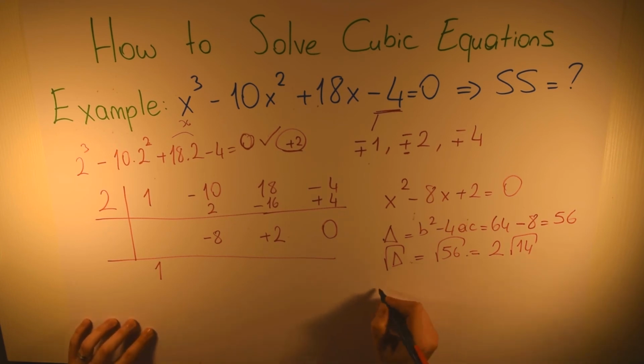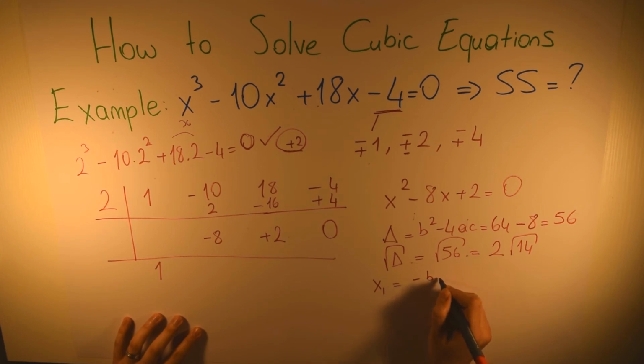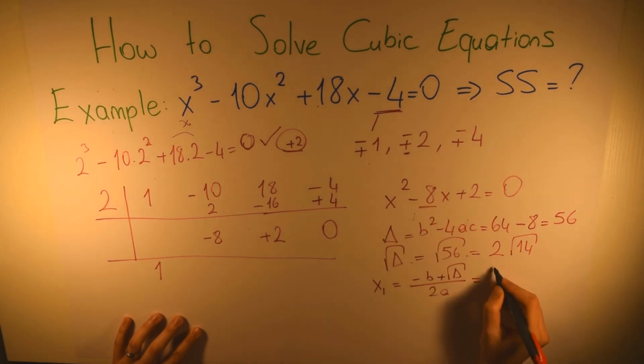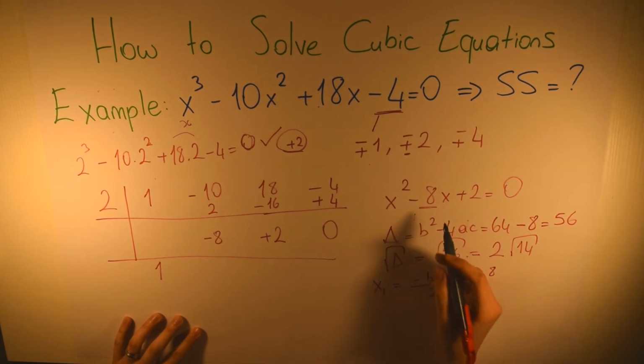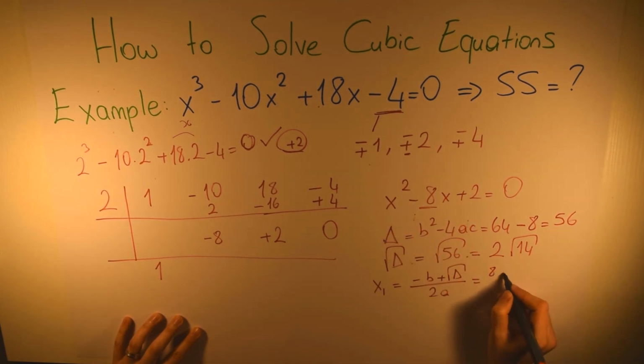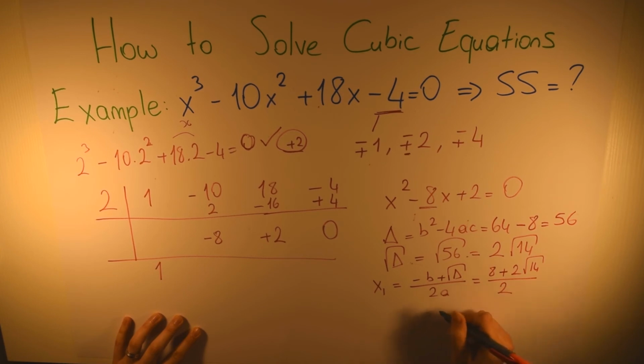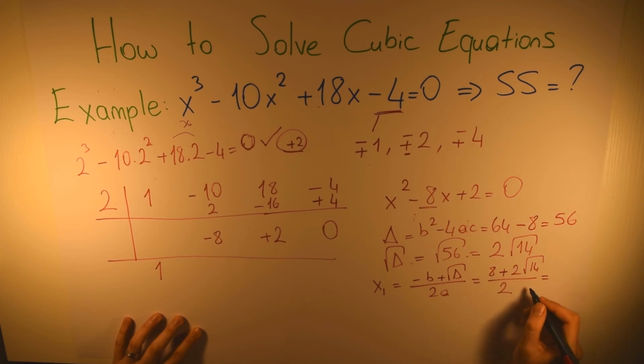So our first x1 is equal to minus b plus the square root of the discriminant delta over 2a, which is equal to minus b. It's 8, minus times minus makes it plus, and here we have plus 2 square root 14 over 2a, which is equal to 2. And from here, when you divide everything by 2, you will get